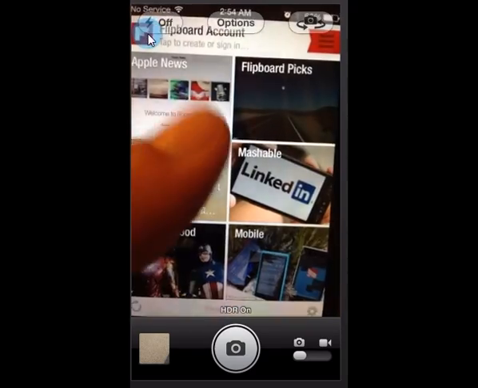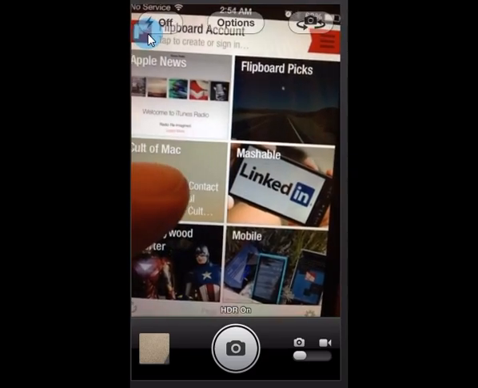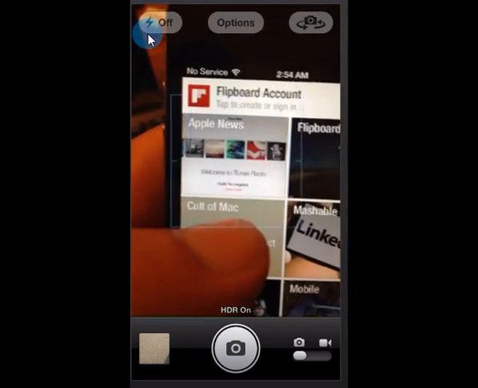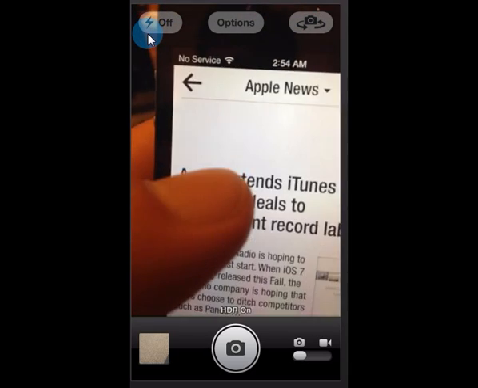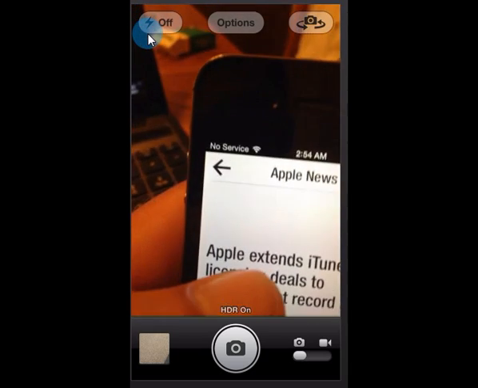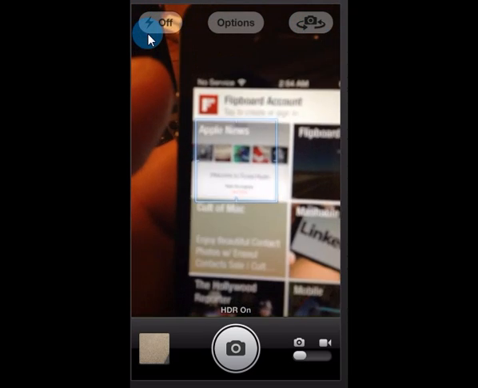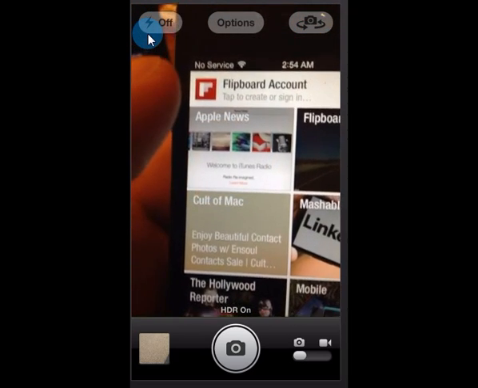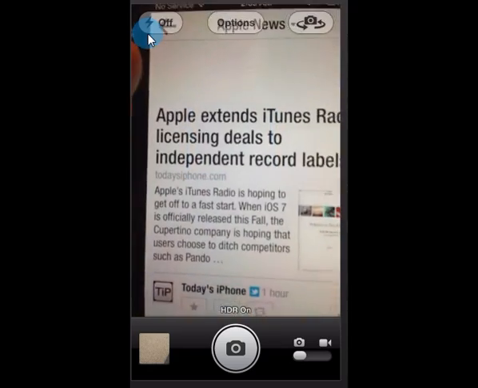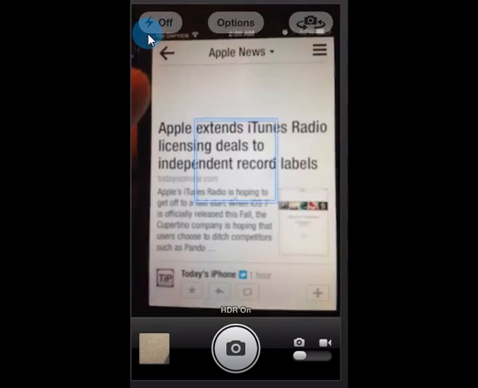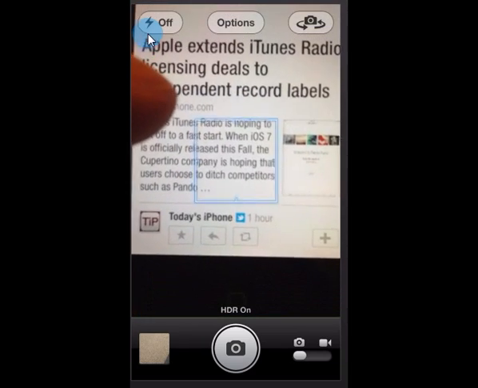And then occasionally hit the back arrow. So let's just go tap into Apple News. And again, if I want to go back, just tap on the arrow, and now I'm back to my news source pages. And so now we're in the Apple News source, and again along the bottom there, it's whatever outlet actually is